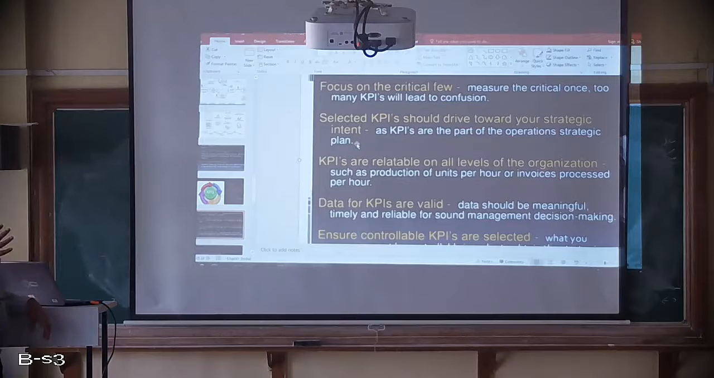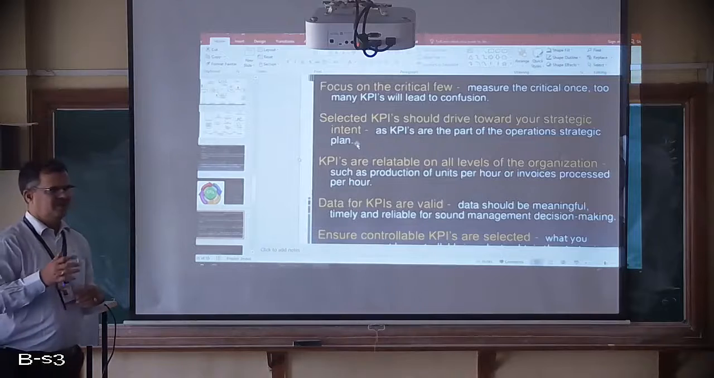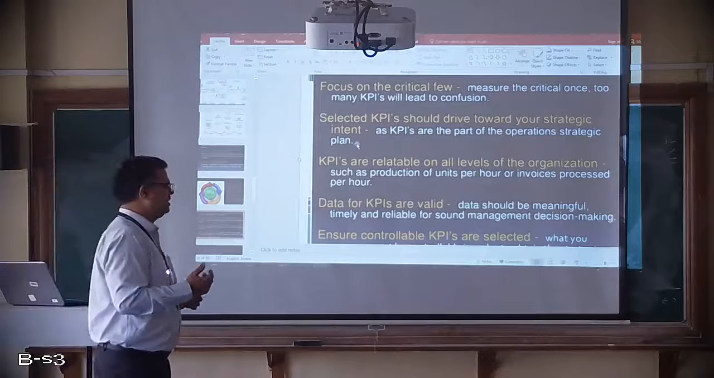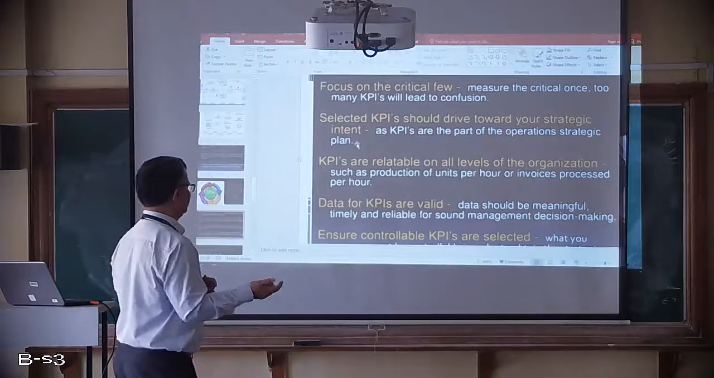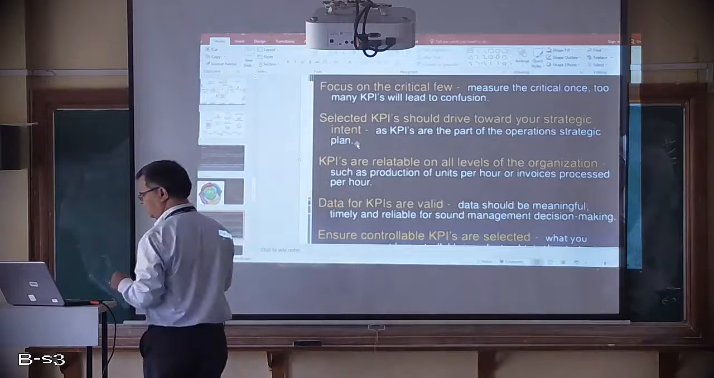Remember, when a process is going out of control, we need some data to see why that process is going wrong. So we should get the data in a timely manner, and it should also be reliable for sound management decision making. For decision making, we need meaningful data, timely available data, reliable data. And one more thing, lastly,